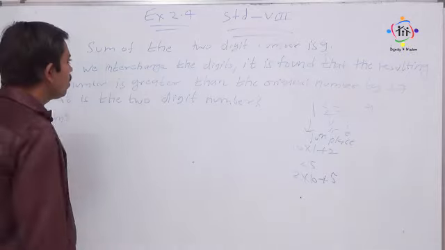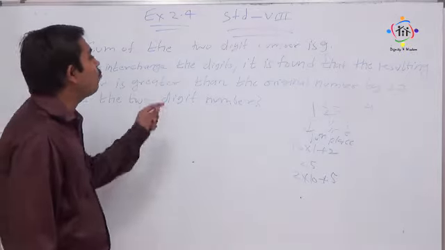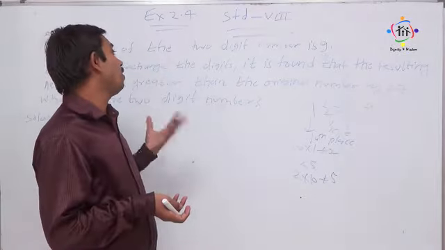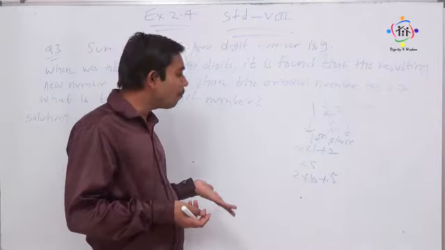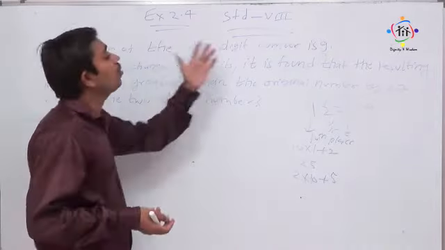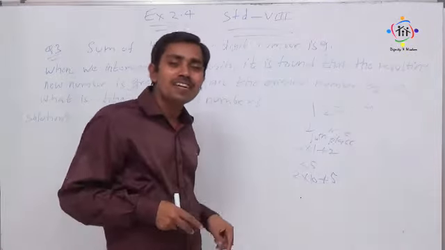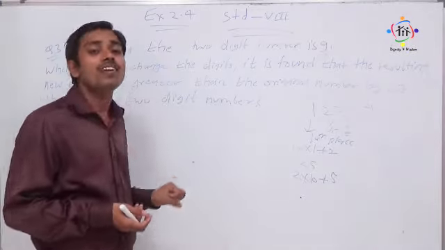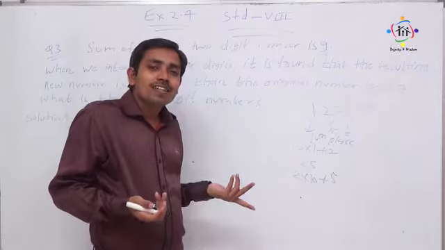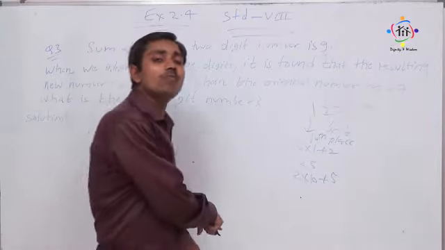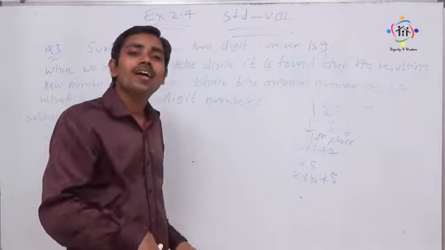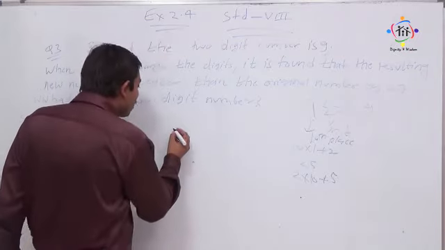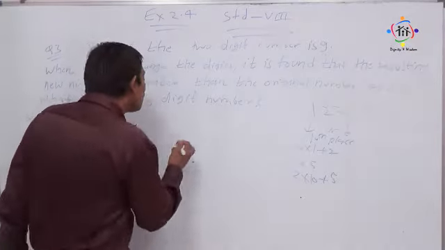So let us see the sum. Here, at the unit place we are taking x. Why am I taking x? Because there may be more numbers whose digits' sum will come to 9. So let us take an arbitrary number, which means it can be anything. We will take a general number. Let us take x. X is any general, arbitrary number. Suppose at the unit place there will be x.